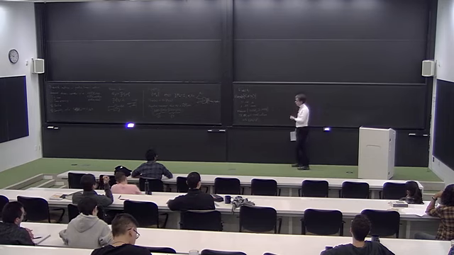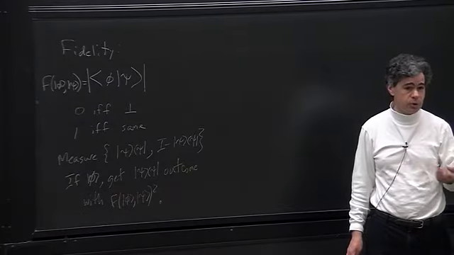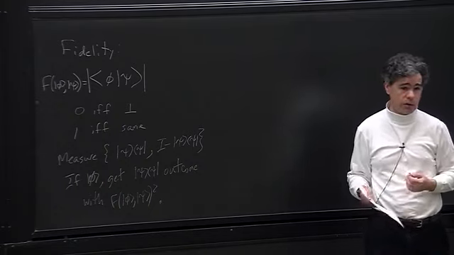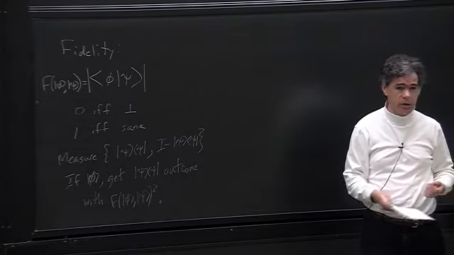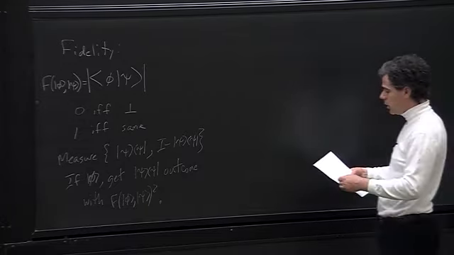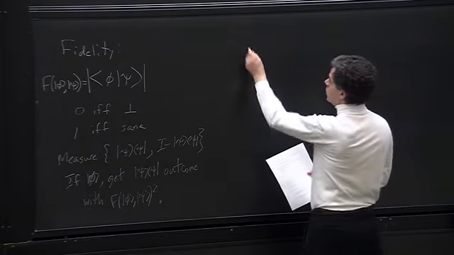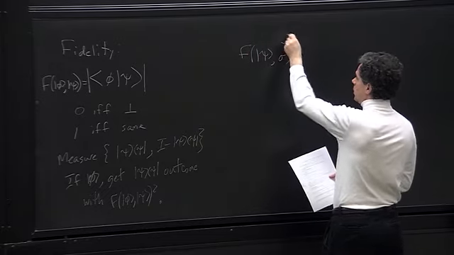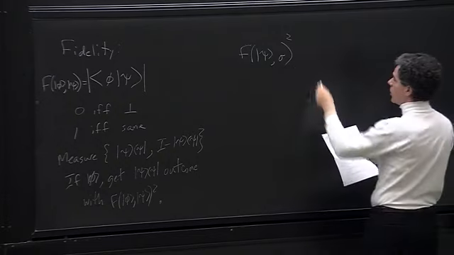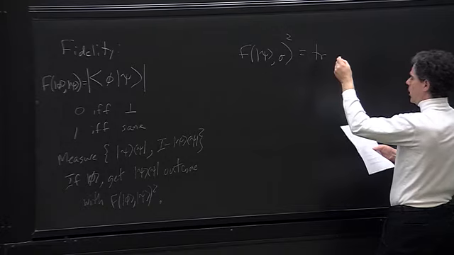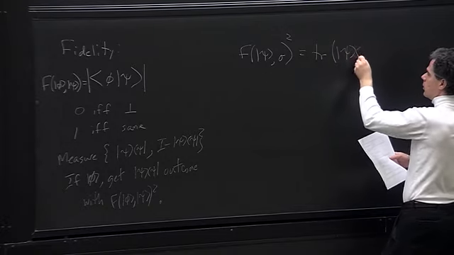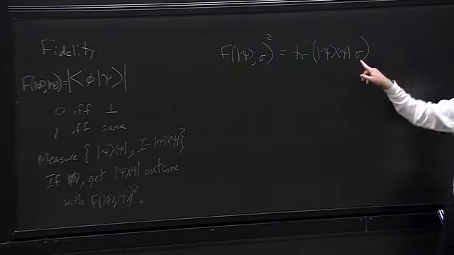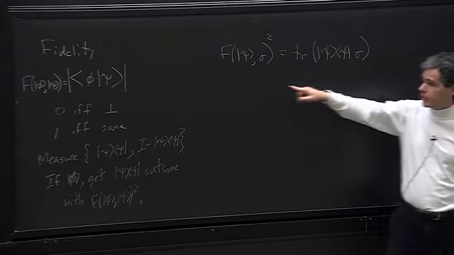Well, if we have a pure state and a density matrix, which is actually a pretty common situation. So for instance, experimentalists might say, oh, I want to get this pure state, but actually I have a density matrix. Then there's a fairly obvious definition. So this is the fidelity between psi and sigma, and it allows you to talk about the square of it. That's just the trace of psi sigma. And you see, when sigma is a pure state, this boils down to the same thing there,